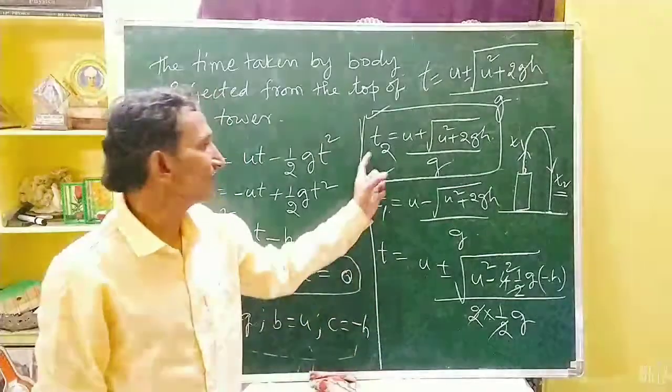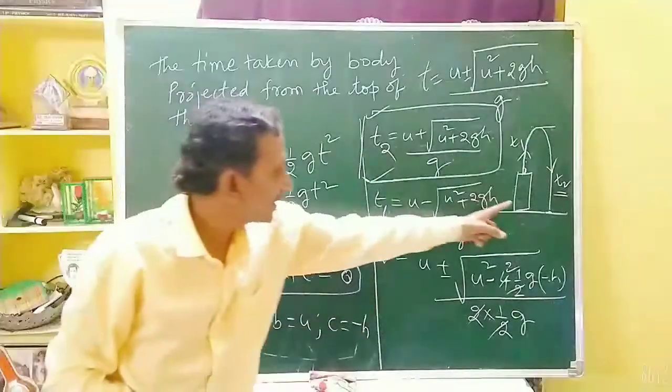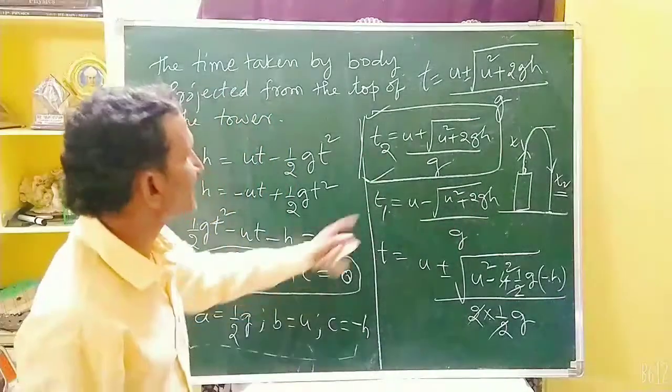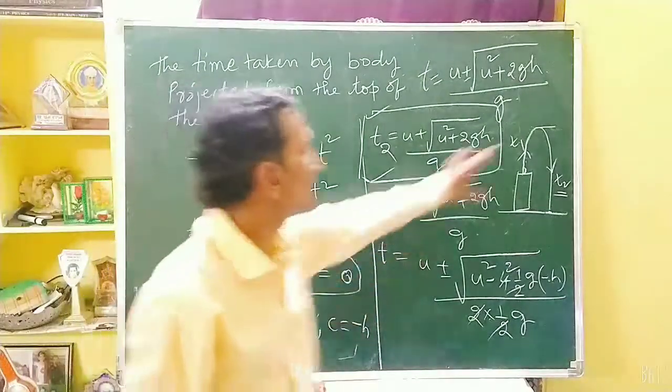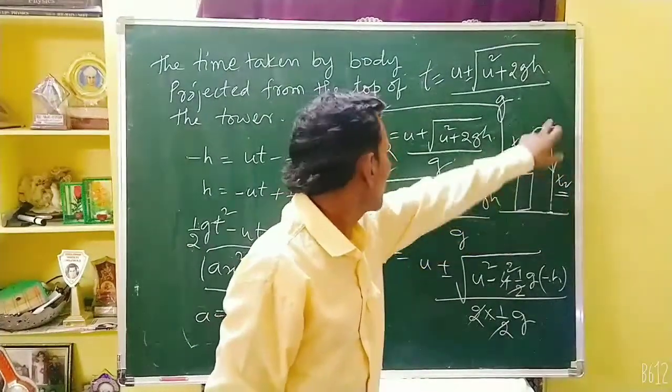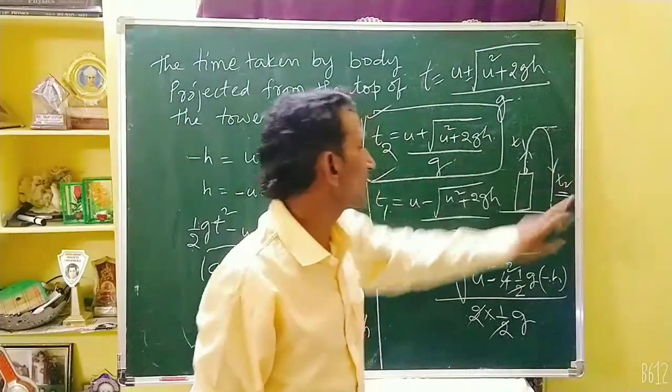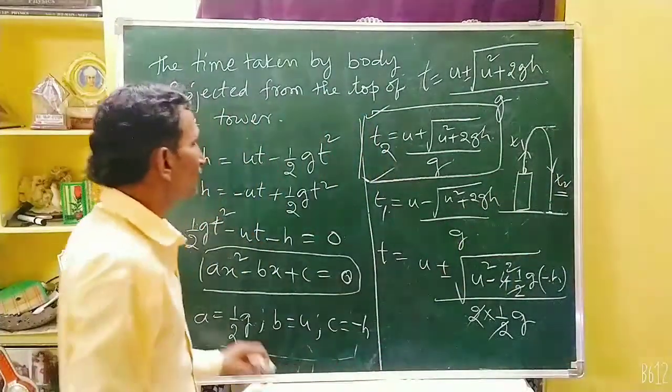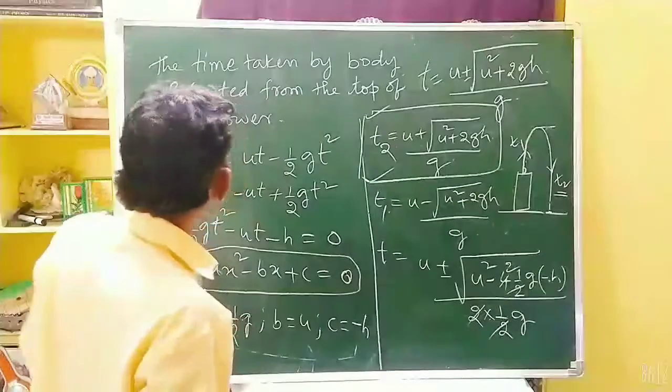We will calculate the time taken by the body to reach the ground. We won't consider t1 because the time interval is very small here, whereas t2 has a longer time interval, so we are considering only the t2 value. Okay, now let us calculate